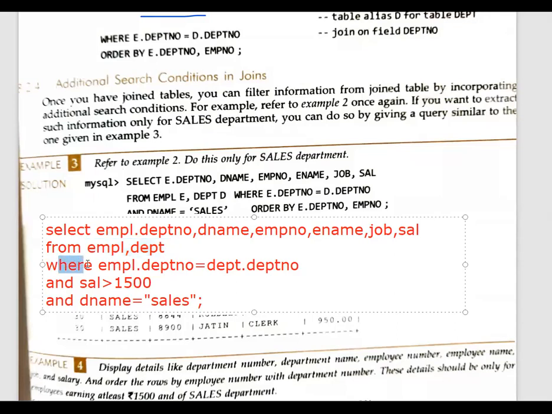Then we have where. In where, whenever two tables are there, this is how we combine with respect to common columns, plus whatever additional conditions they have given, all must be written along with the and. Ultimately you have to join, so you will get one particular answer out of all these. Anyone, any doubt?